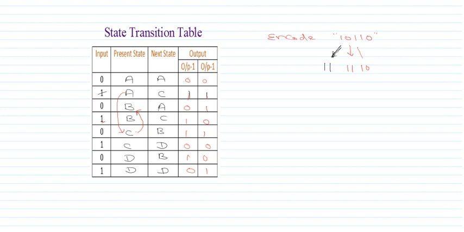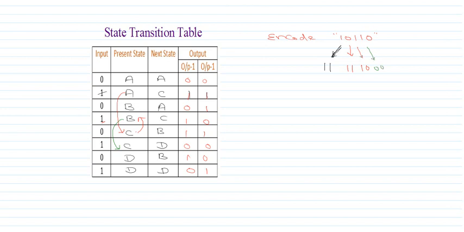Similarly, when I'm in B state, the next state is going to be C here. Observe, from B we are moving to C state. Observe here, the C state and the input is 1. Where is that C state input is 1? B to C state with an input of 1. So observe here, 1 corresponds to the output 0 0.